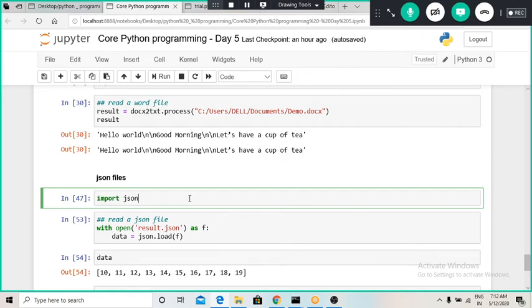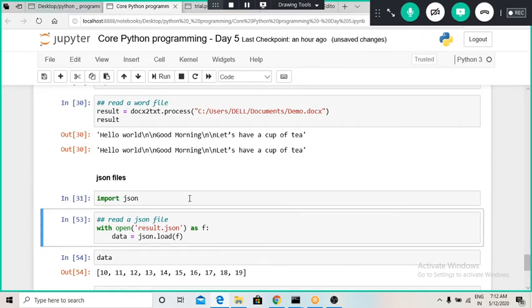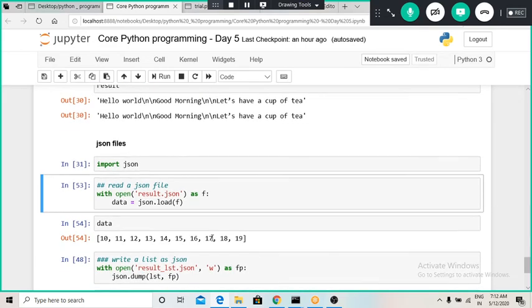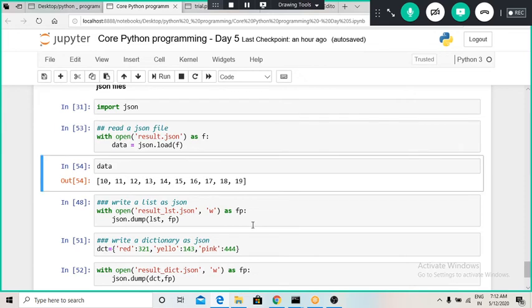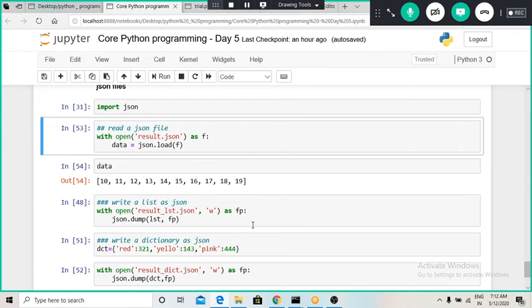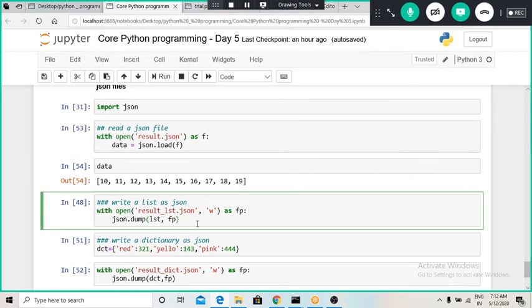Okay, so now let us define a list first. Here I will define a list. First, I will show you how to write a JSON file. Up to now there is no JSON file written, so that's why reading may cause an error.